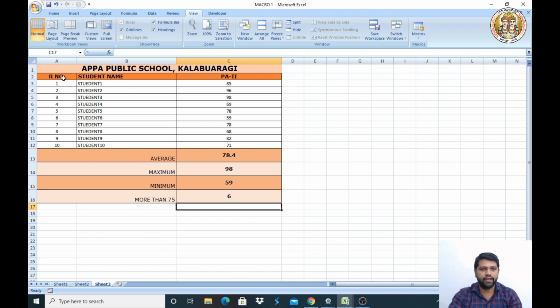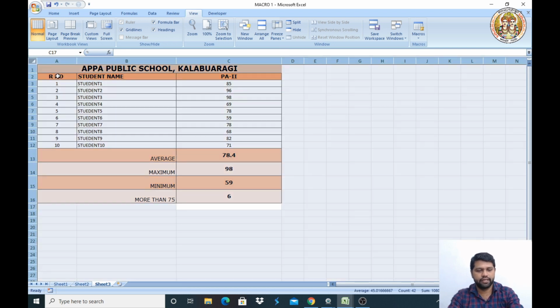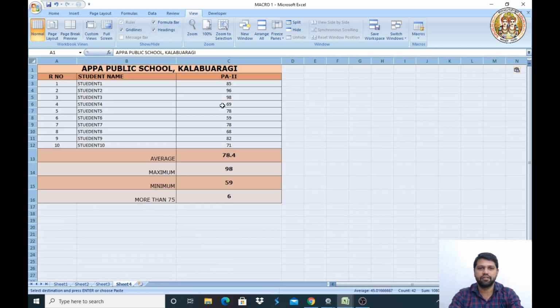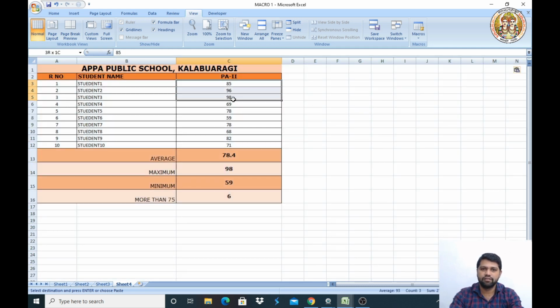Let me copy this again and show you once more: copy, and here paste. Now you can delete all these things and just change the name, numbers or marks, right?